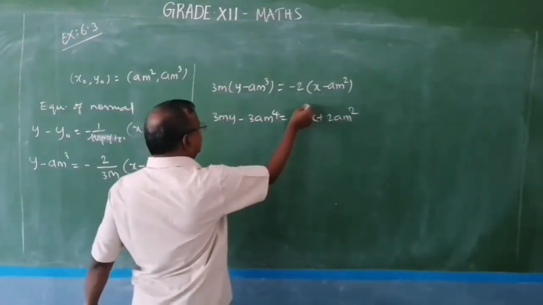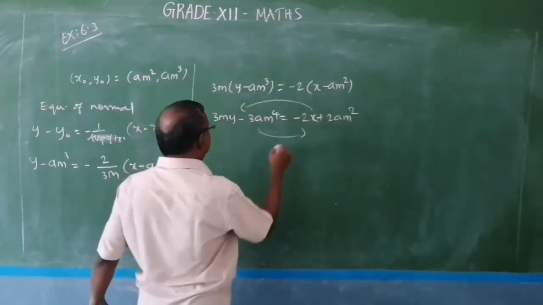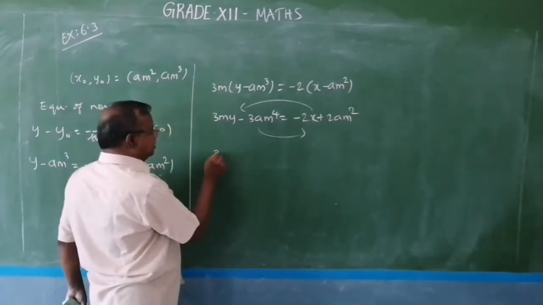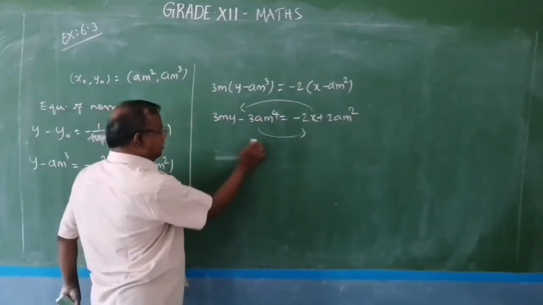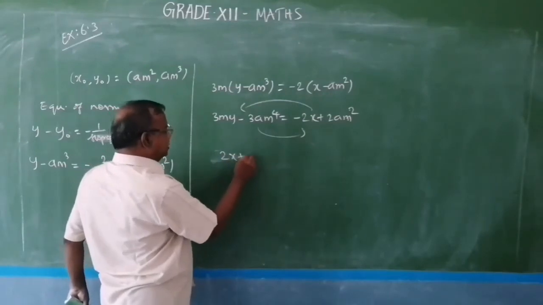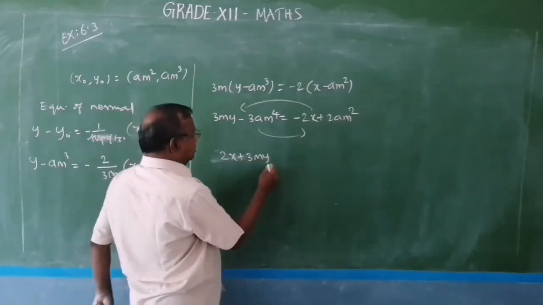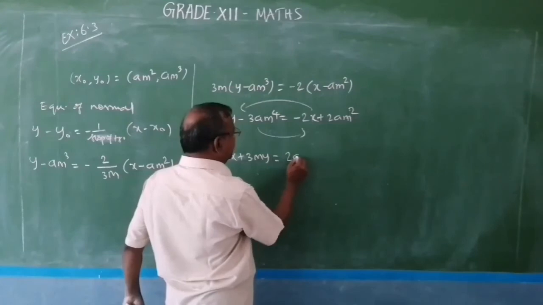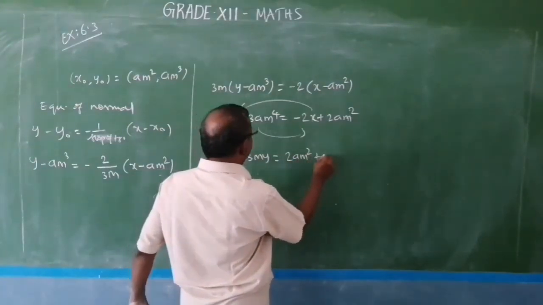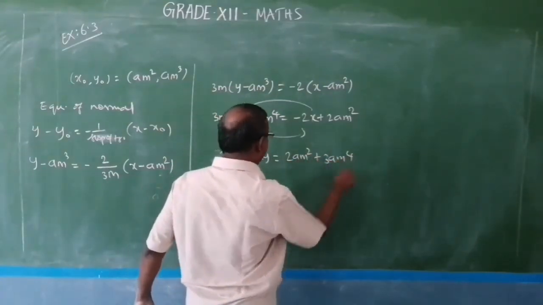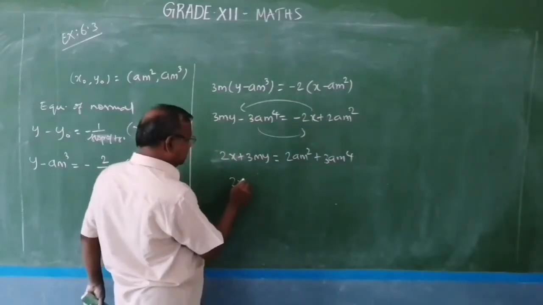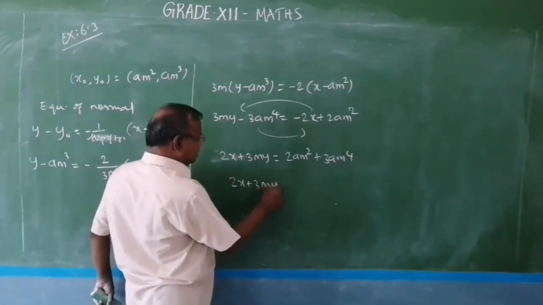Now bring the 2x here. Now 2x plus 3my equal to 2am^2 plus 3am^4,